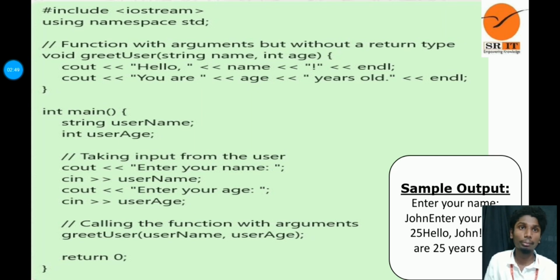It takes two parameters: string name, int age. cout << "Hello " << name << endl; cout << "You are " << age << " years old" << endl;